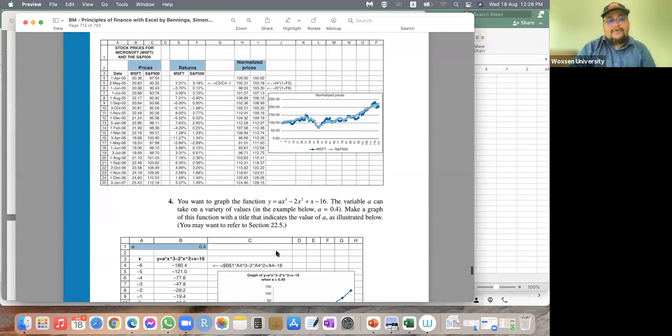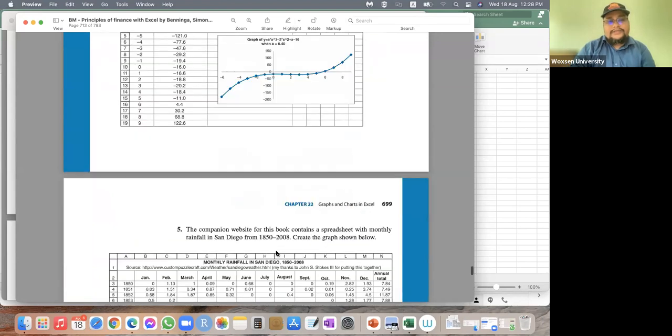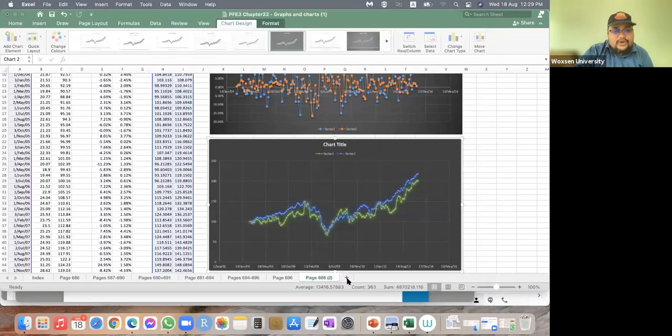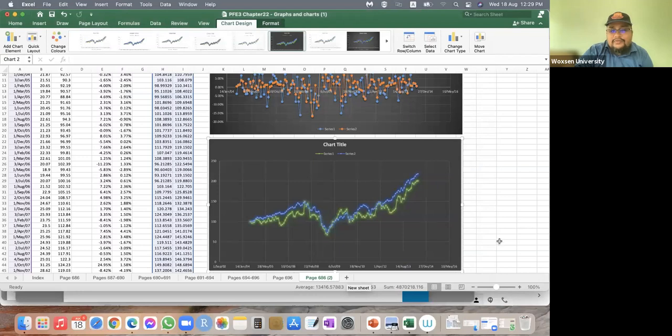Now let us do number 4. Exercise number 4 is very interesting. You are given an equation, a function of x, and you have to draw the graph of this one in Excel. So let me copy the equation first. I will create a new sheet. Actually, this is not depending on the values of these worksheets. So I will create a new worksheet